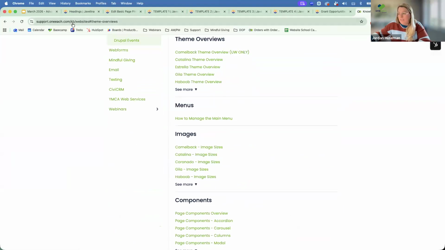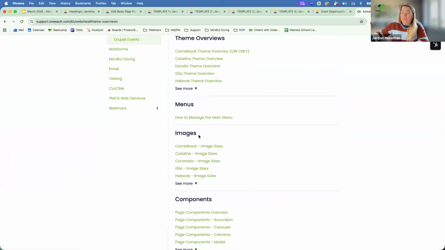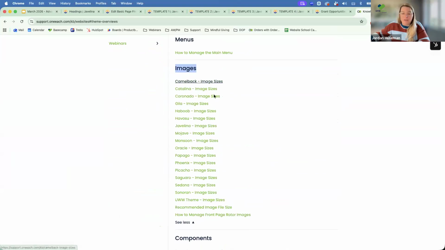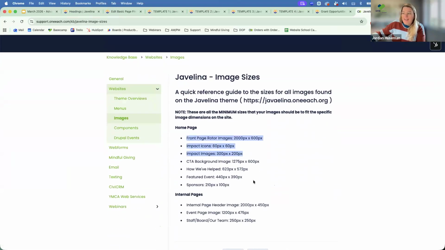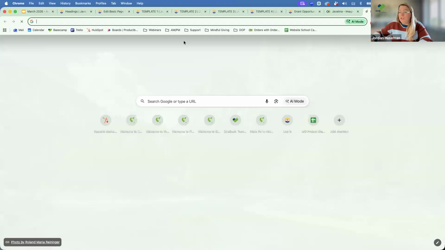So on our support site, support.oneH.com, we do have an images section here that lists out all the image sizes per theme. So you can come here and find your theme, click into it, and then we've got all of the image sizes listed out here and some recommendations for the internal pages. We also have an image gallery. If you are struggling with images, if this is something you're having a hard time with, constantly having to resize images, we do have an image gallery,